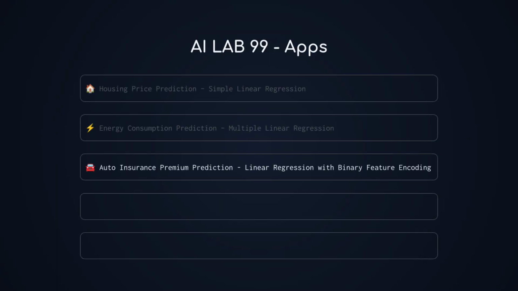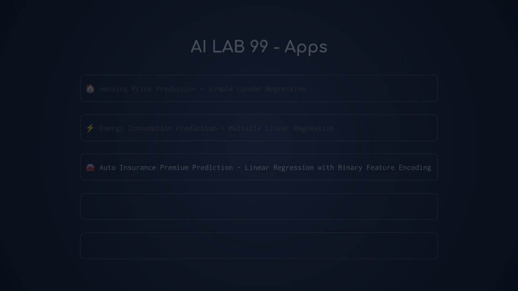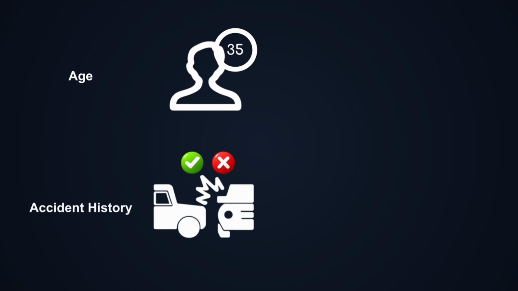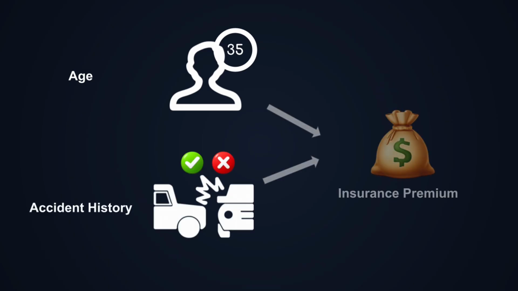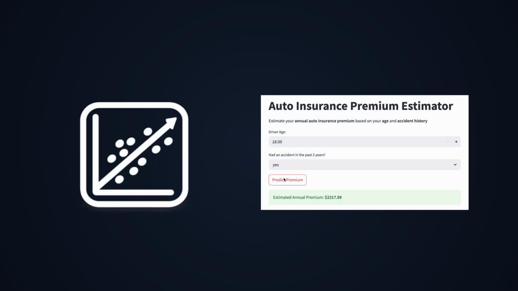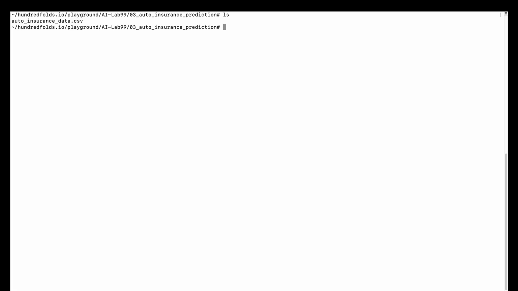Today we'll be building our next application, the Auto Insurance Premium Estimator. We have a dataset containing the age of a person and their accident history, and our goal is to predict auto insurance premiums based on these inputs. We'll develop a machine learning model and deploy it as a web application that allows users to quickly estimate their premium. Let's begin. Let's launch the Jupyter Notebook,